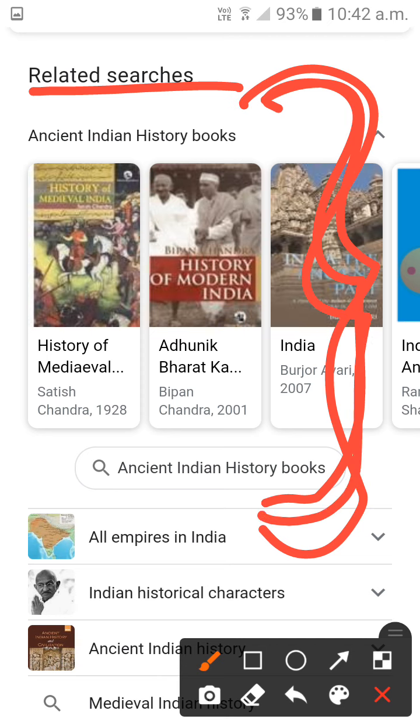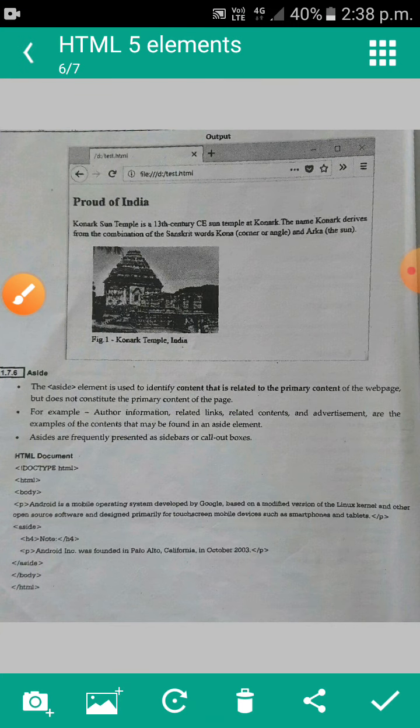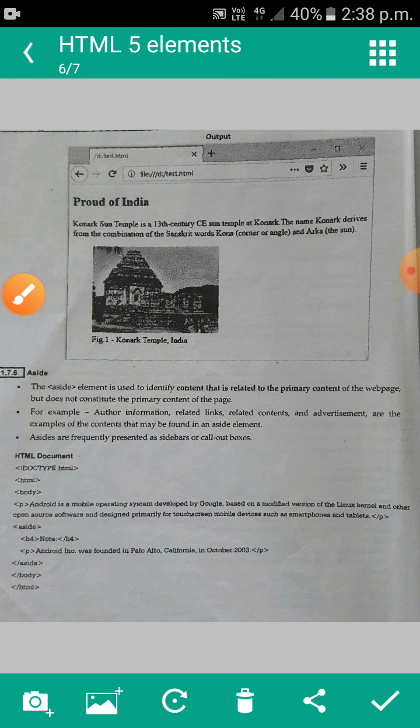To display this information we use the aside tag. For example, author information, related links, related content and advertisements are examples of the content that may be found in an aside tag.